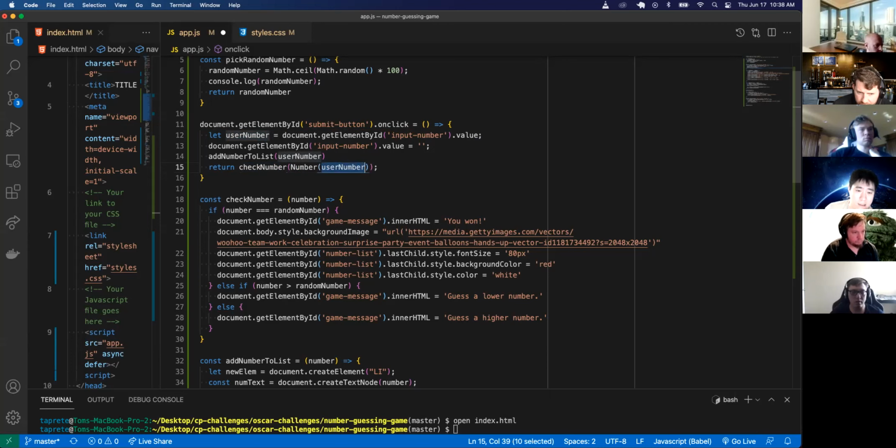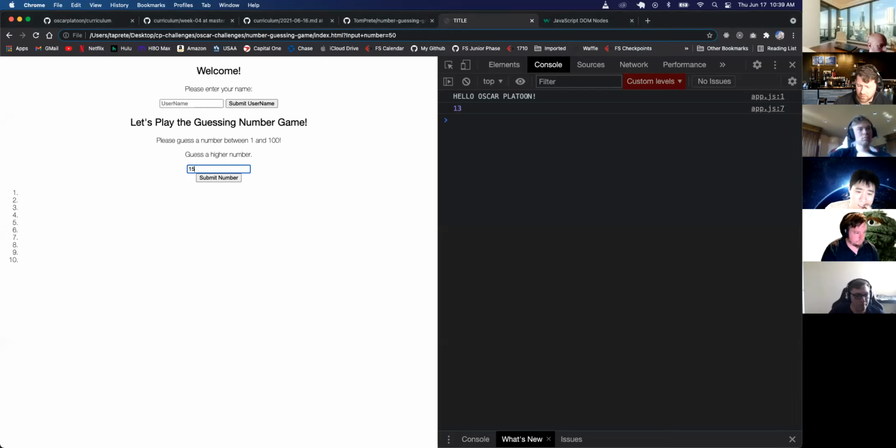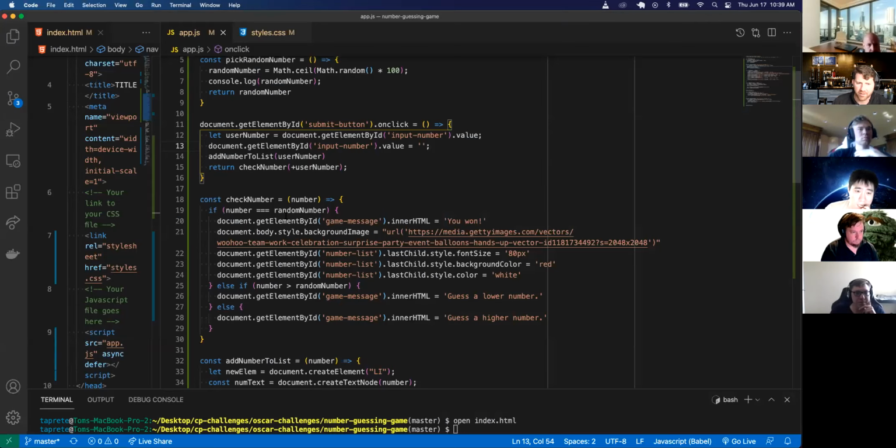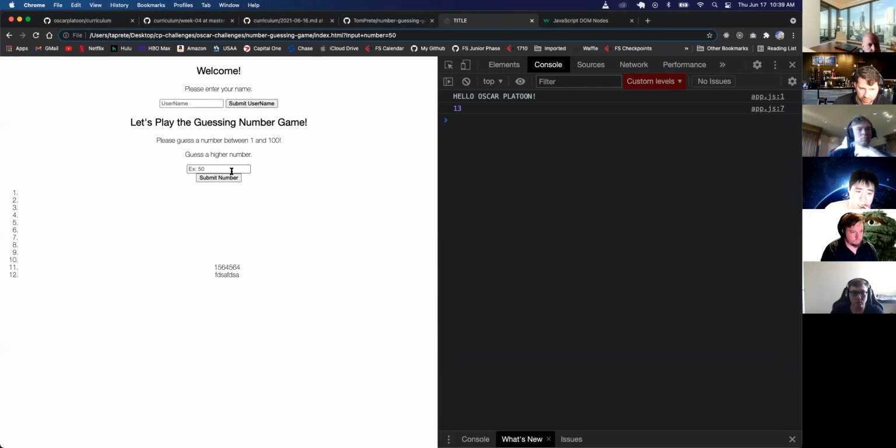That also converts it. But I might want to check something in there as well. Like if I type in some text, I'll probably want to add some error handling somewhere to handle for users doing what they're not supposed to be doing. All right. So I'm gonna